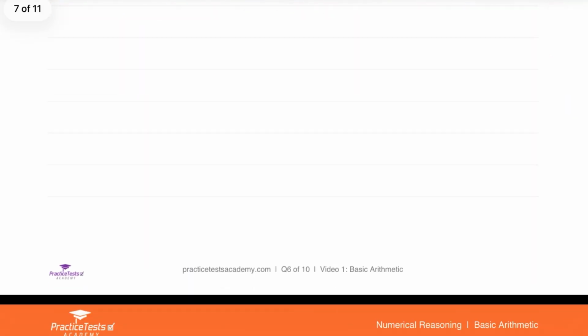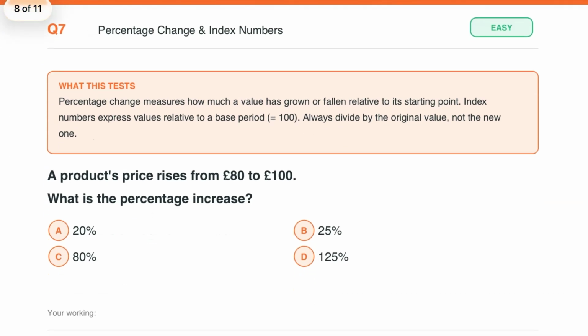Moving on to the next one, which is question 7, percentage change and index numbers. This is an easy question to start off with. Percentage change measures how much a value has either grown or fallen relative to the starting point, and index numbers express these values relative to a base period. Index numbers come into play when we're talking about price indices, like the consumer price index,